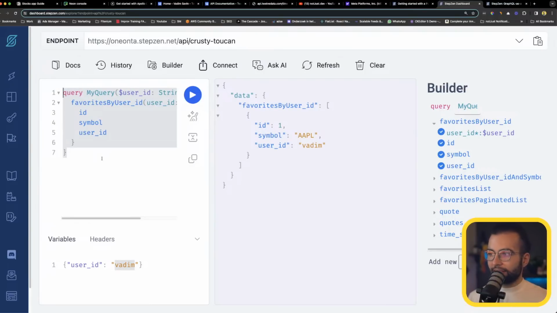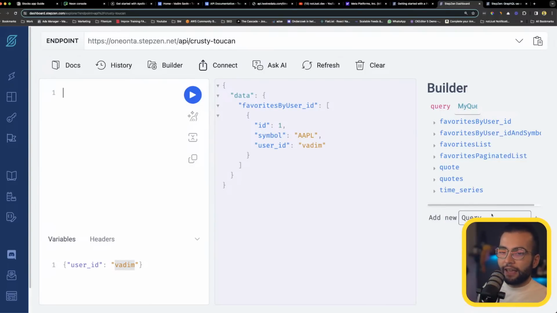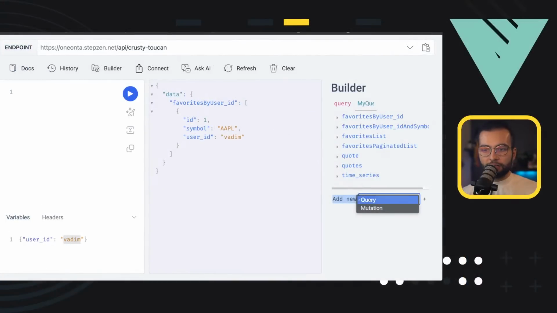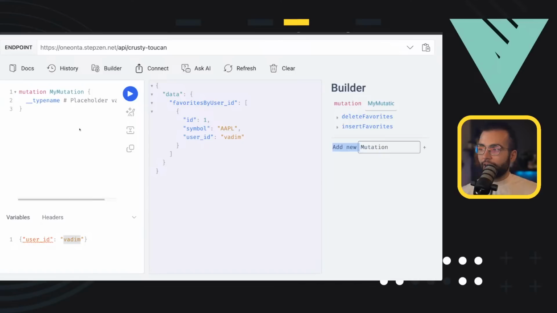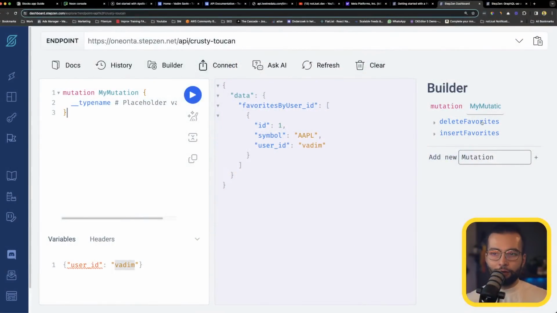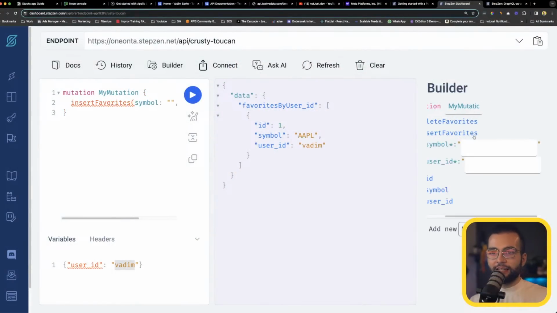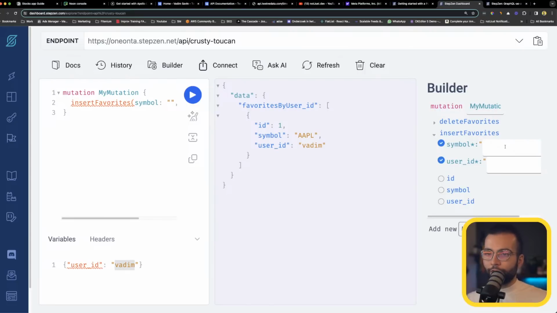Let's go to the GraphQL dashboard. Let's remove the query here. And under Add New, let's select a mutation. You might not see it properly, but under Add New, I'm going to select a mutation. Let's press plus. And now we see two available mutations: delete favorites and insert favorites. If I select insert favorites, and provide for the symbol, I don't know, Google, and user ID Vadim, and then take ID, symbol, and user ID and run this mutation,